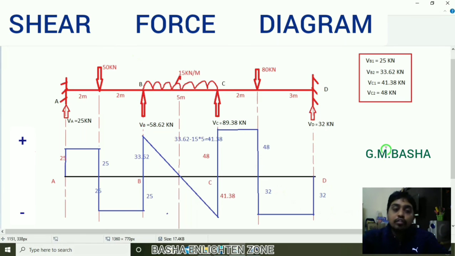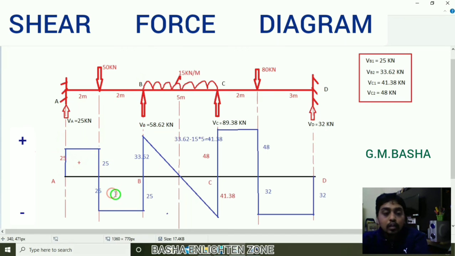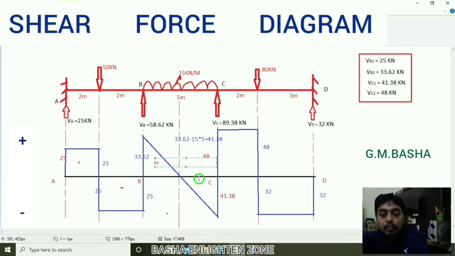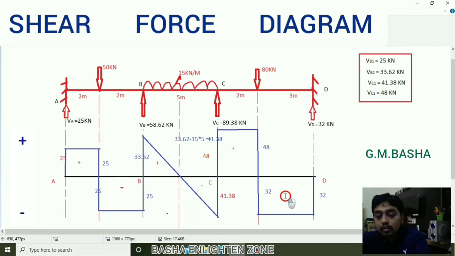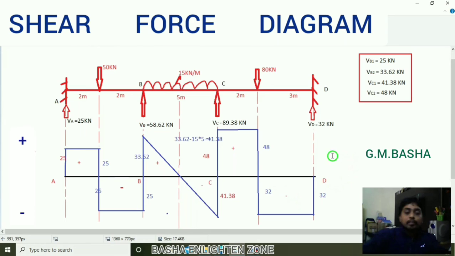So this is your shear force diagram for that particular reactions, friends. Again, mention that one clearly: upward things will be positive and downward things will be negative. So all the things that are upward will be positive and downward you take negative. So friends, this is your shear force diagram. Once again, clearly, upward take positive, downward negative.